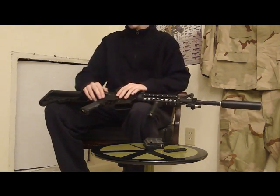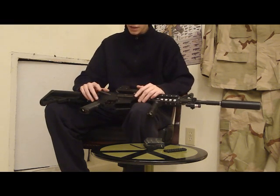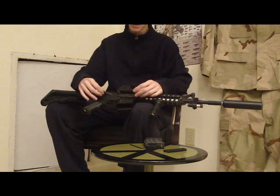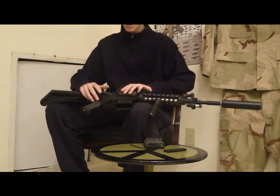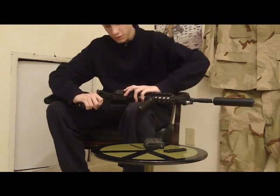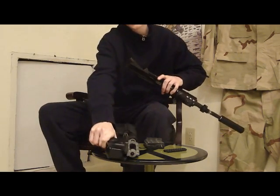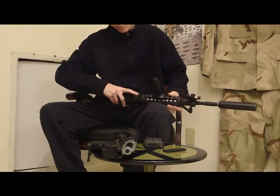Another thing I love about this gun is the body pins. They have a little spring in them that catches them so they don't pop out, so you can't lose them. I'm going to pop up the upper receiver and just give you guys a look at the gearbox. I'm not going to take my gun all the way apart, but another problem I had with it